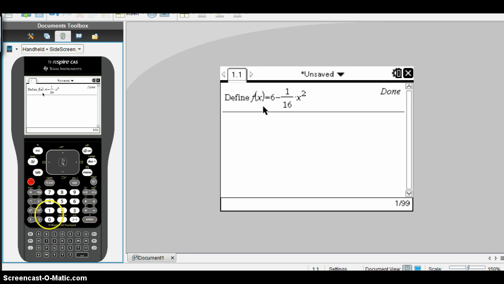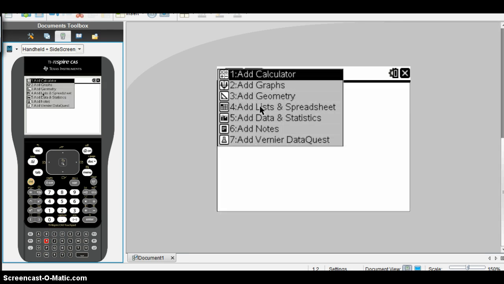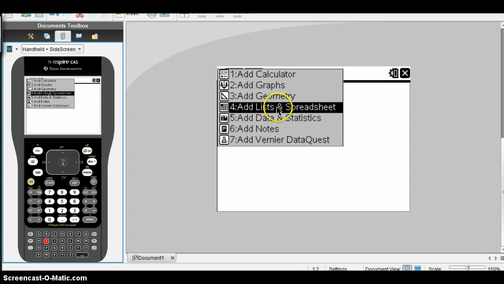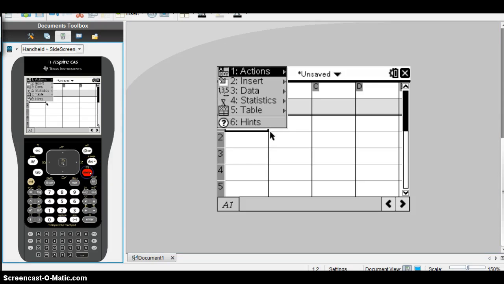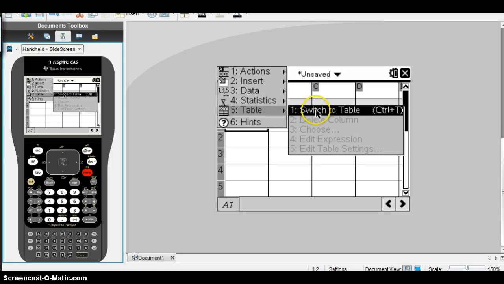Now we're going to do Control I for a new tab. And we're going to choose spreadsheet and list. Right away it gives us a spreadsheet, and that's not what we want. We want a table. So we're going to hit menu, table, and the only option there is to switch it